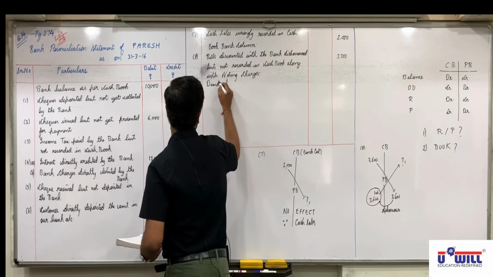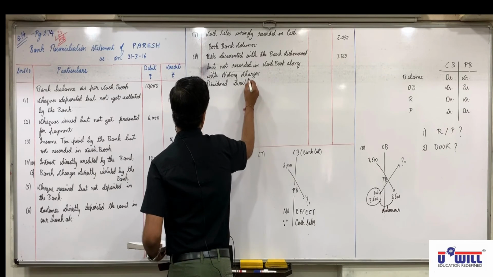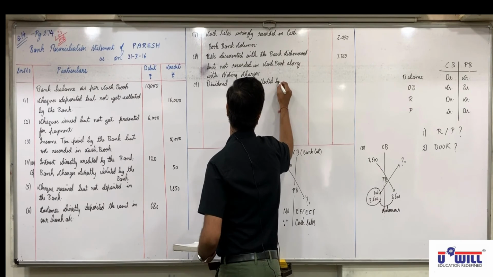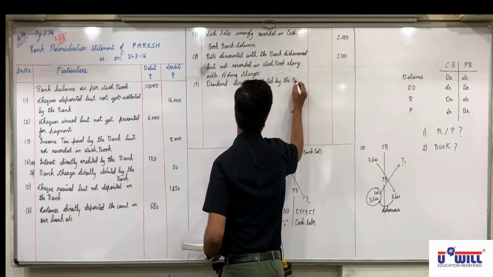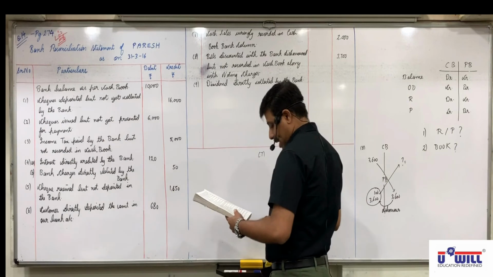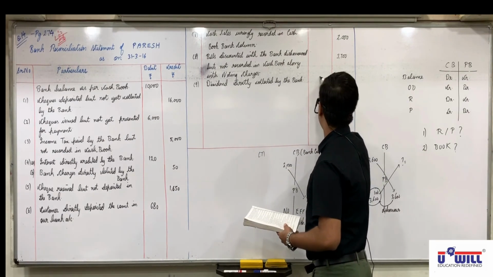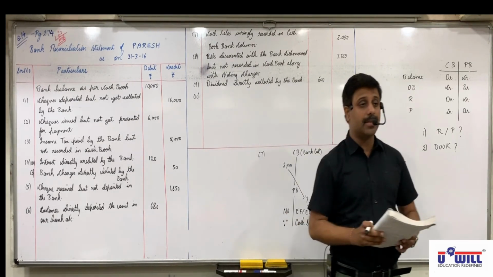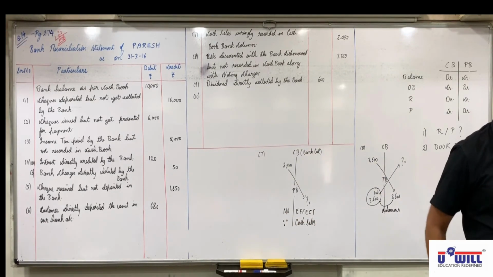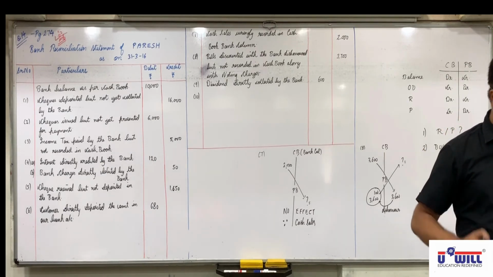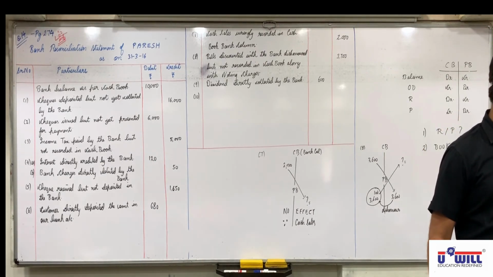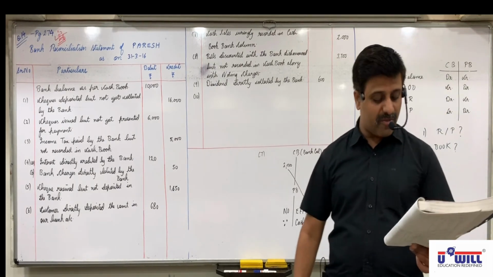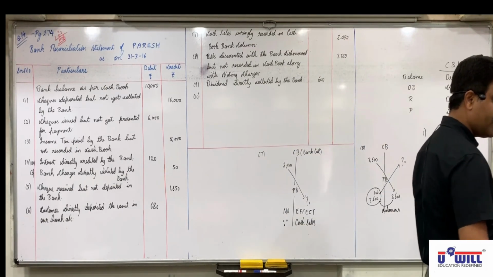Dividend directly collected by the bank. So 600 is credited in passbook but not debited in cash book, so debit in DRS. Any confusions in it? All agree with it? And the last one. Okay. Bank has paid 4,500 for insurance premium as per instruction of Paresh, which is not recorded in cash book.